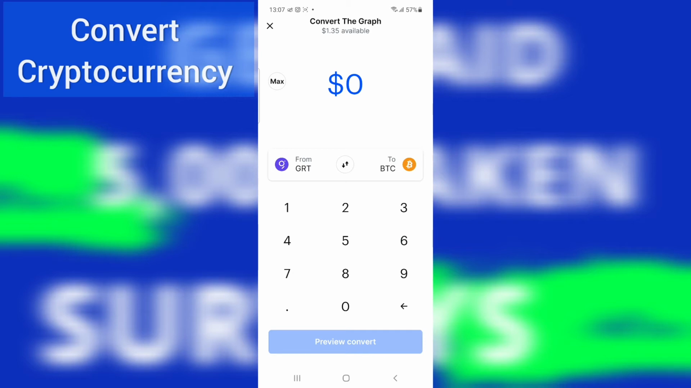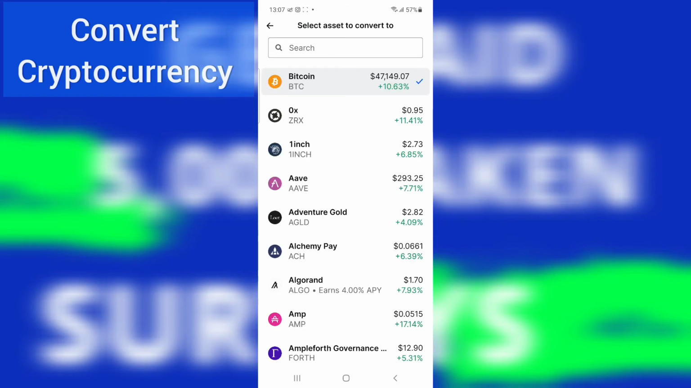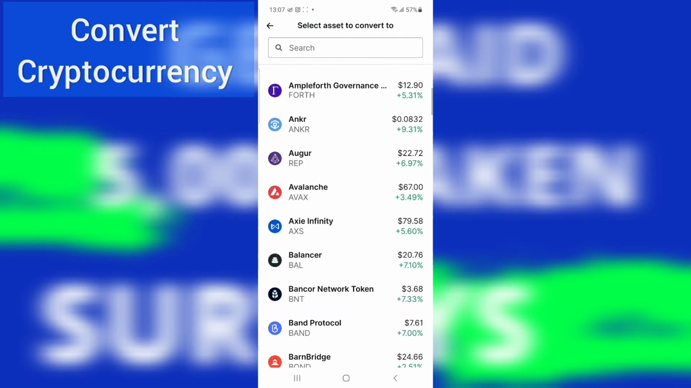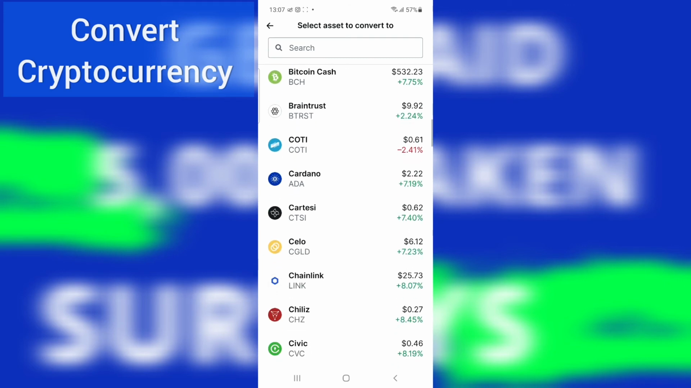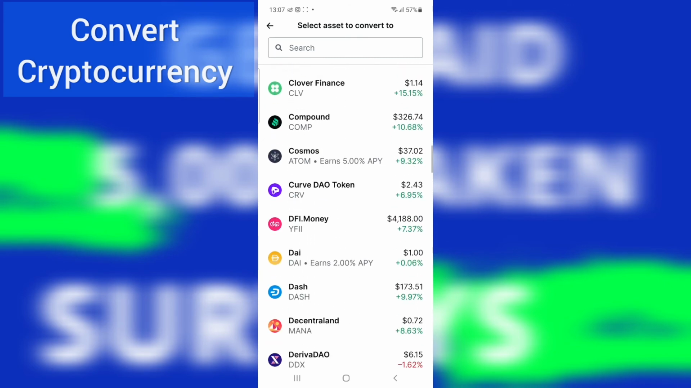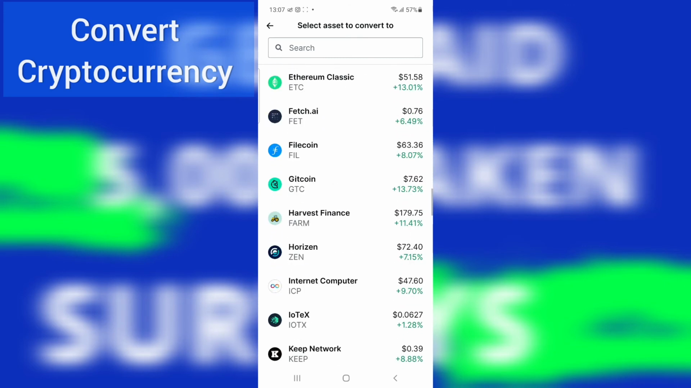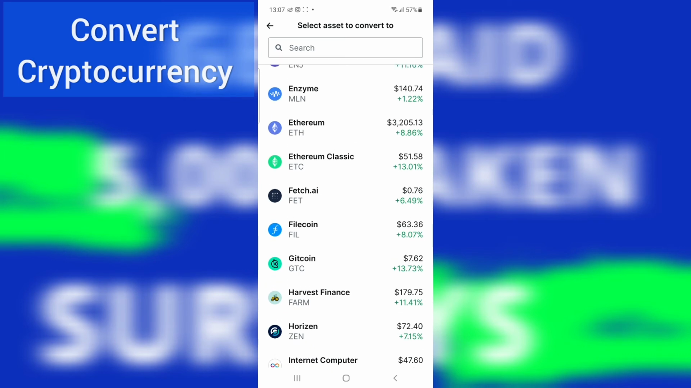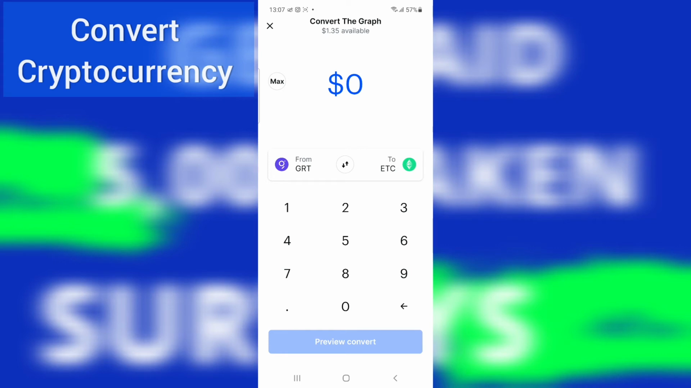Then to is where you have to select the option of which currency you want to convert into. Let me say you want to convert it into Ethereum. You just need to click on that. You just need to go and look for Ethereum. You just need to go search, and you can look for Ethereum Classic. You can just click on Ethereum Classic. It will be converted into Ethereum